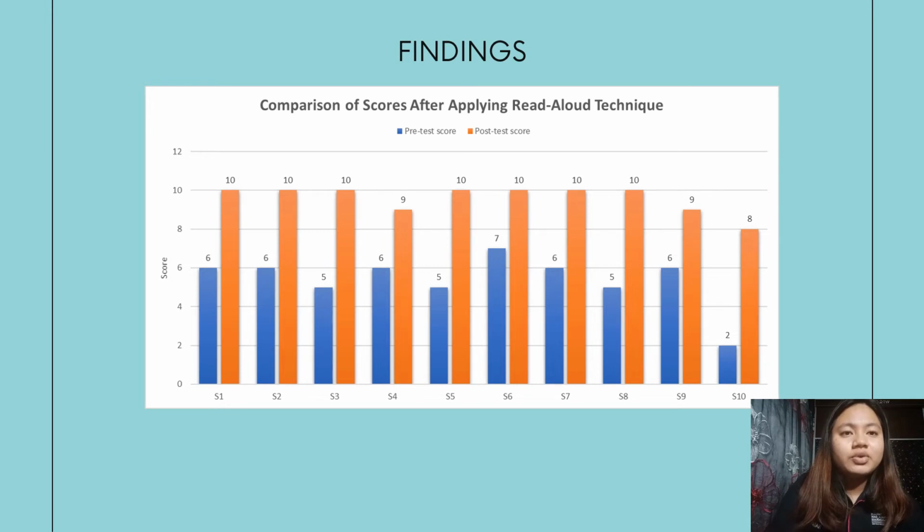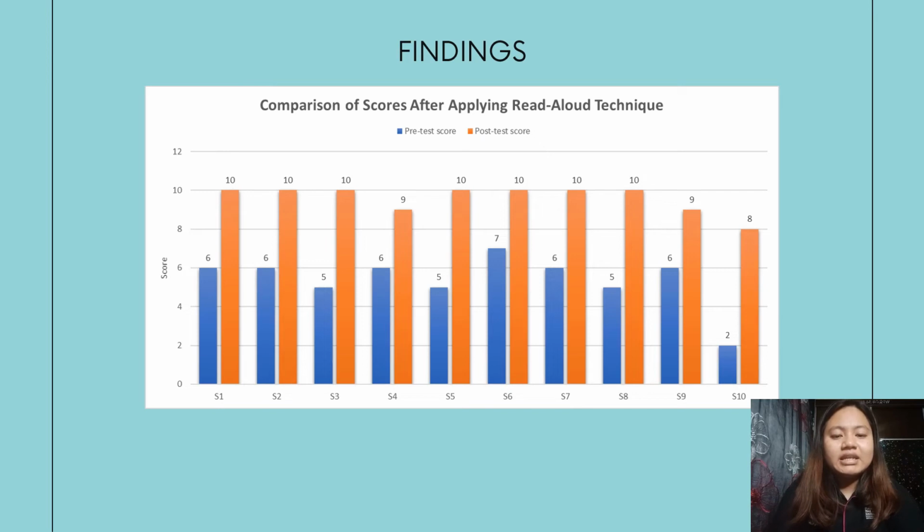The average score during the pre-test was 5.4, meanwhile the average score for the post-test was 9.6. Also, based on the bar chart, the students had improved a lot during the post-test, with 7 of them getting the perfect scores, meanwhile the lowest mark was 8. As compared to the pre-test, the highest score was 7 and the lowest score was 2. Not only that, each student successfully improved their pronunciation during the post-test as all of their scores improved.